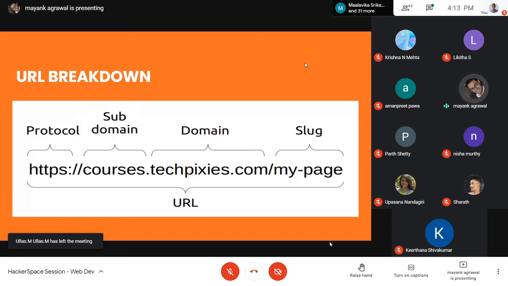Moving ahead, what is there in a URL? A URL can be broken down into the following parts, as you can see on your screen. The first part is the protocol or scheme. The scheme tells web servers which protocol to use when accessing a page on your website. For example, the one you are seeing has an HTTPS protocol.